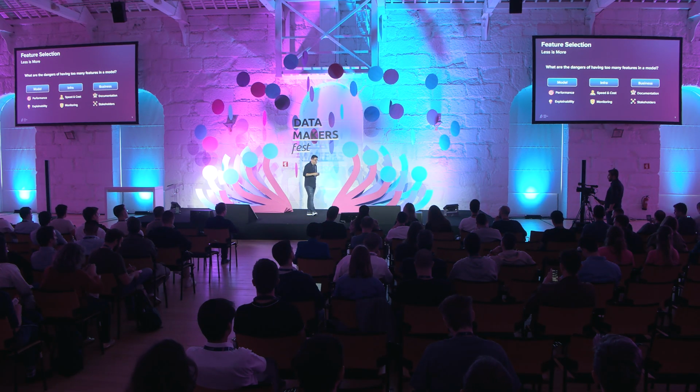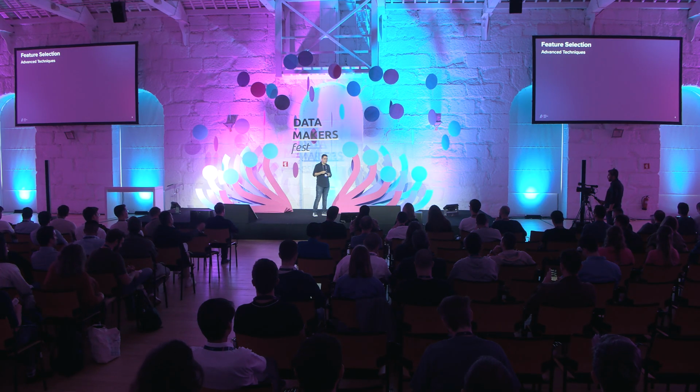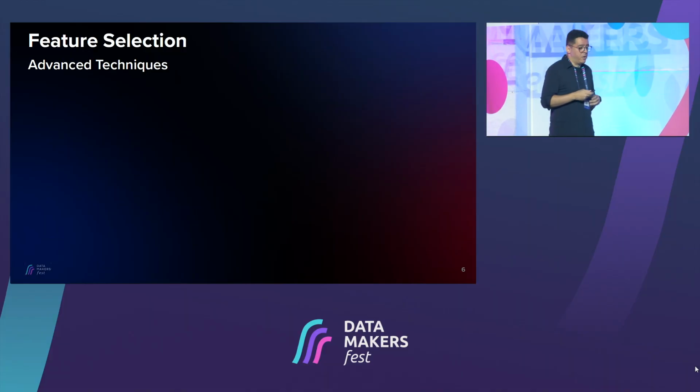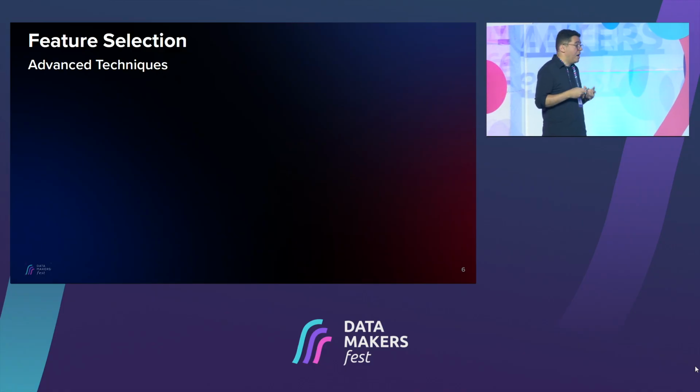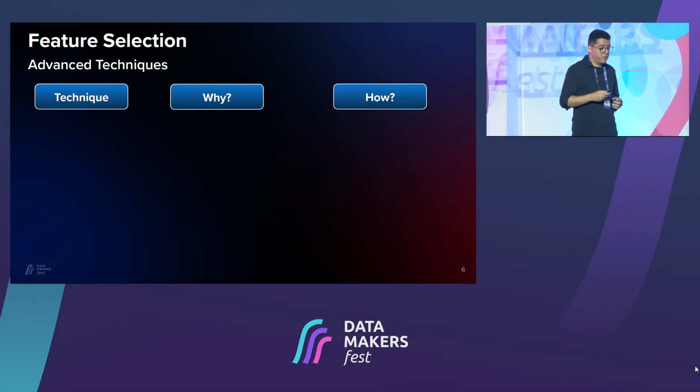Now that we understood a bit the importance of why we should do a proper feature selection in our machine learning pipeline, let's see some techniques on how we can do that. I personally like to group the techniques in 4 different groups. The first group